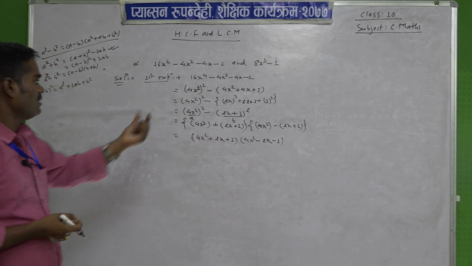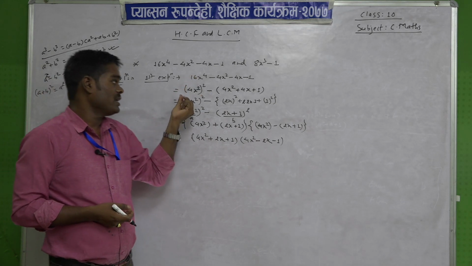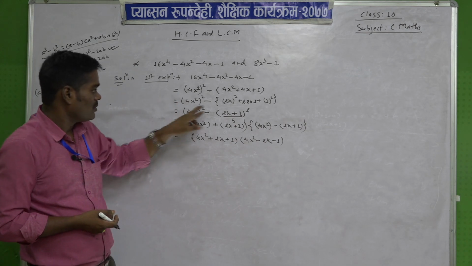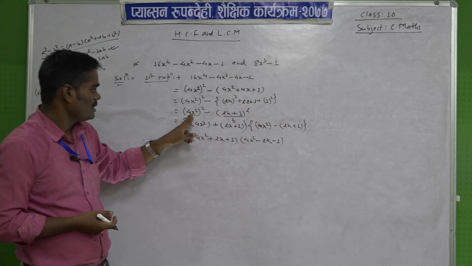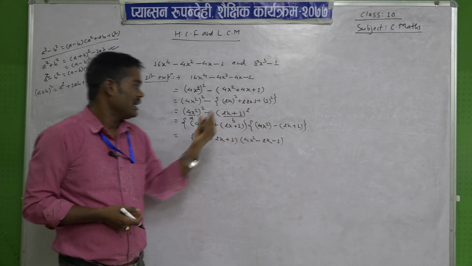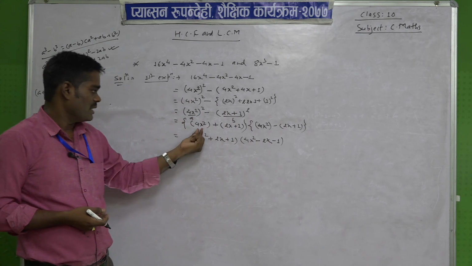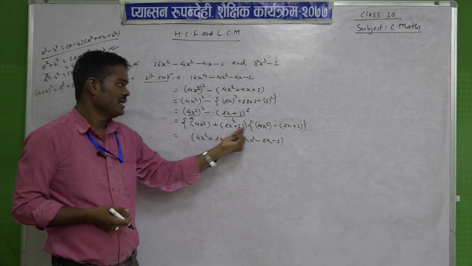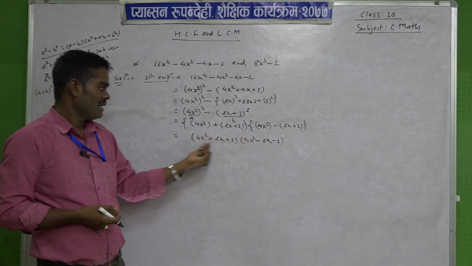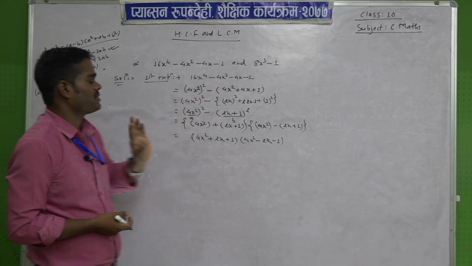Once again here we can write this in the form of a complete square. So write, and then take the minus sign common, we will get like this, and then we can write this in the form of a plus b whole square, and then we can use a square minus b square. So a plus b, a minus b, and then remove the bracket like this, and this is also like this. So this is the factor of this expression.